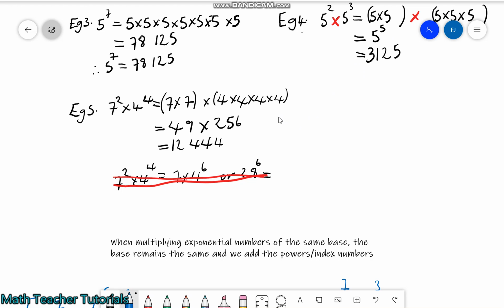This is evident as when we solved 5 squared times 5 cubed, we got our answer to be 5 to the 5th power. So we can see where the base remains the same, but then 2 plus 3 gives 5 for the power. And in 7 squared times 4 to the 4th power,